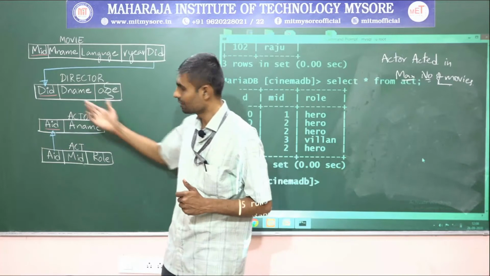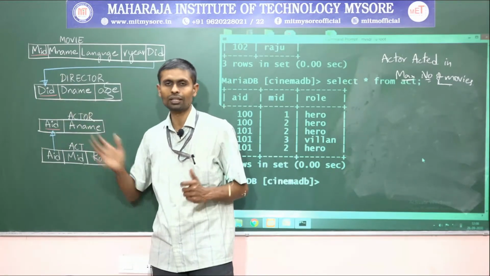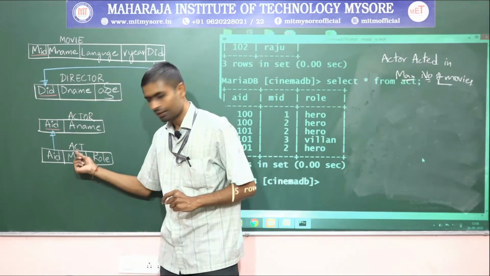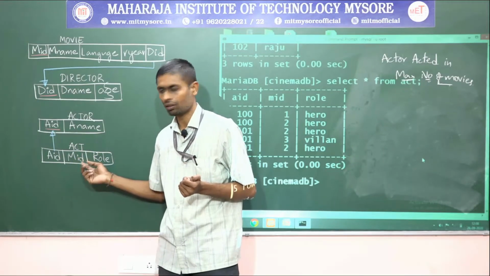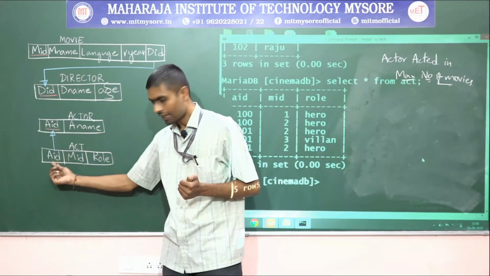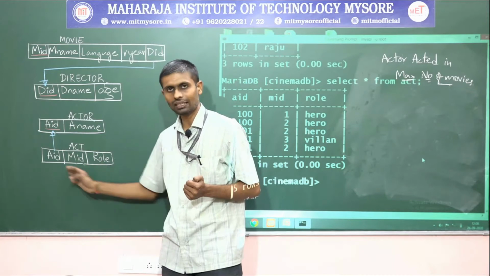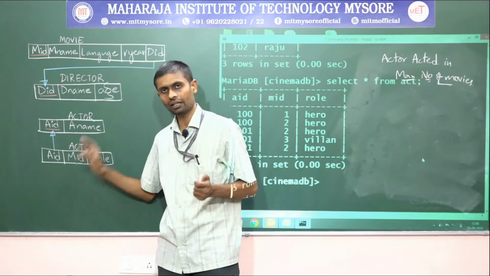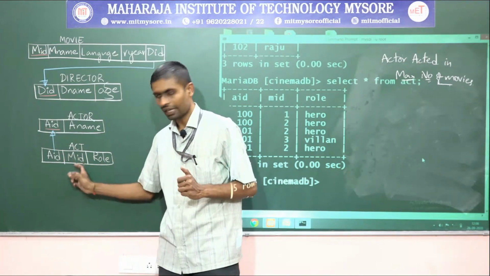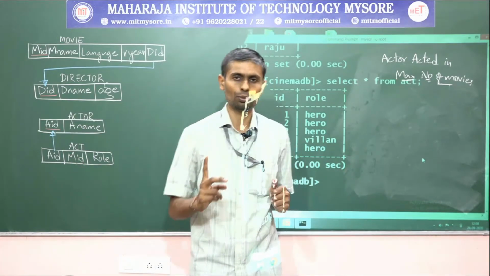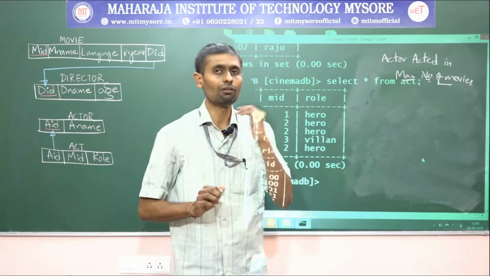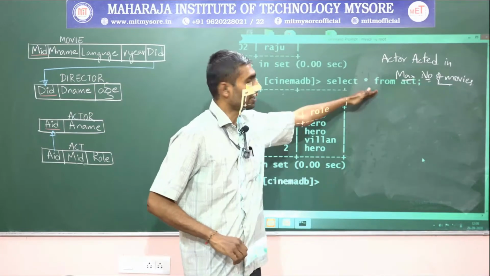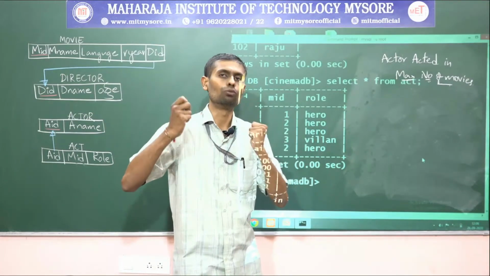Then where should I visit? With the director? No, definitely it deals only with directors, right? So the one table which is left out is act. Look at this act table, guys. Actor ID, MID, role. It's an indication that actor ID and MID both are present in the act table. These two are the interesting attributes to solve this query, because I want to know which actor acted in the maximum number of movies.